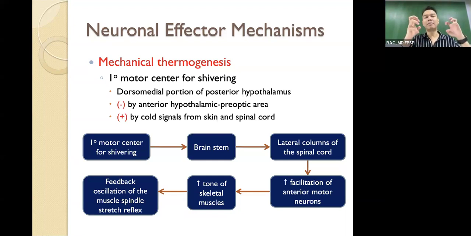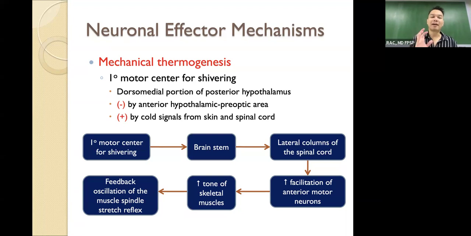Now, the moment your muscle contracts, this will tense the Golgi tendon organ, or the GTOs. This will now activate the inverse myotactic reflex. So when the GTO sends signals to the muscle, allowing the muscle to relax, no? So when the muscle relaxes, this will reactivate the muscle spindle, and then the myotactic reflex is activated again.